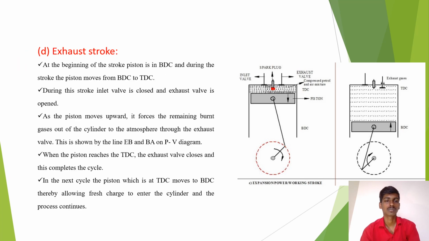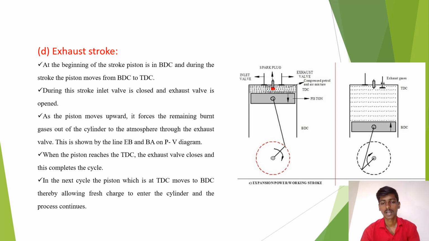Fourth one is the exhaust stroke. At the beginning of the stroke, the piston is at the BDC as shown in the figure, and during the stroke, the piston moves from BDC to TDC. During this stroke, the inlet valve is closed and the exhaust valve is open. As the piston moves upward, it forces the remaining burnt gas out of the cylinder to the atmosphere through the exhaust valve. This is shown by the lines EB and BA on the